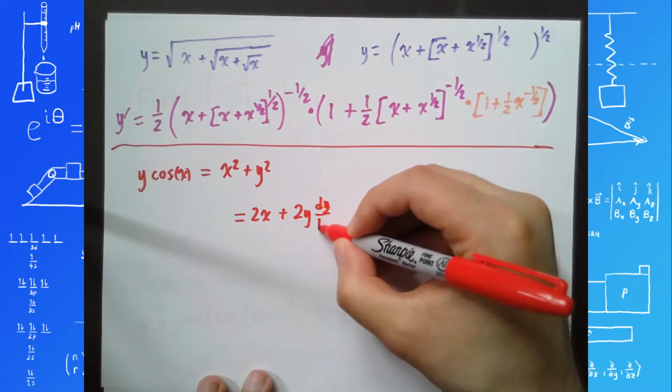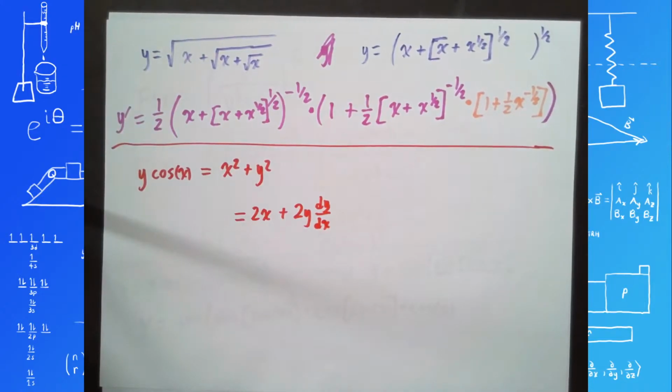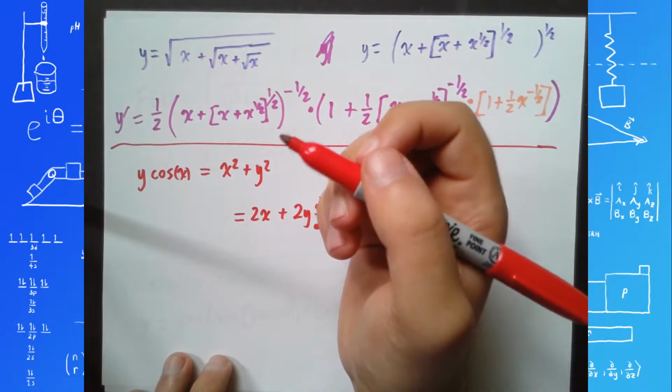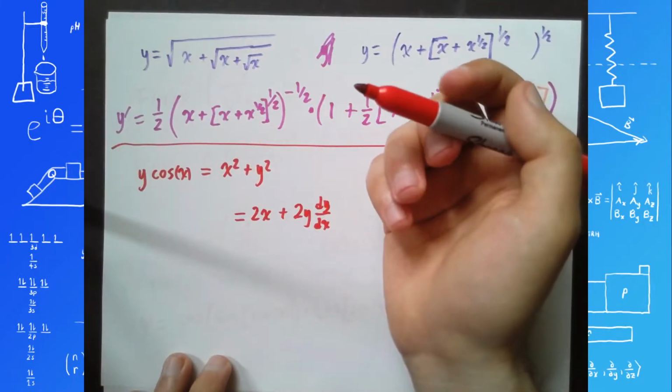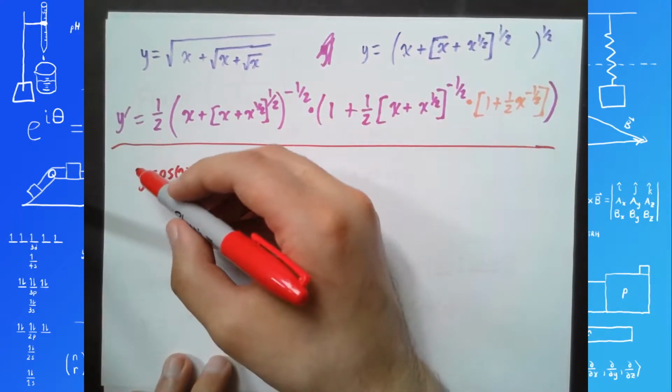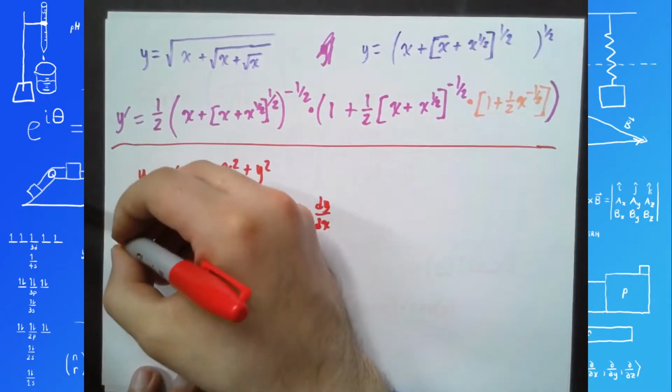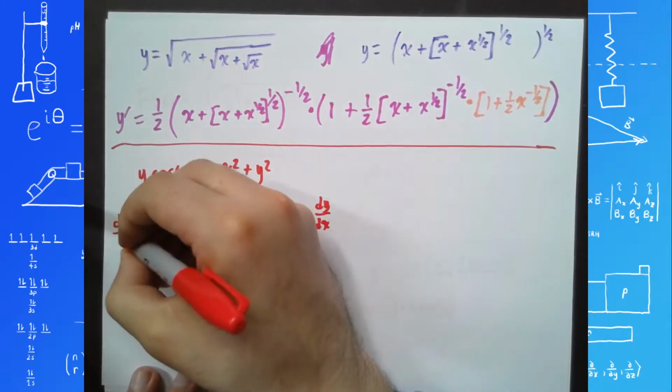I know some students prefer to just write y prime because it's quicker. I like writing dy dx because y prime looks like y to the 1, and it's easy to confuse yourself and end up multiplying it, which is no good. If you write 2y y prime and mistake it for 2y y to the 1, you might turn it into 2y squared, which would be horribly wrong. Anyway, y times cosine of x, so that's going to be a product rule, f prime g plus g prime f. So derivative of y is 1 dy dx